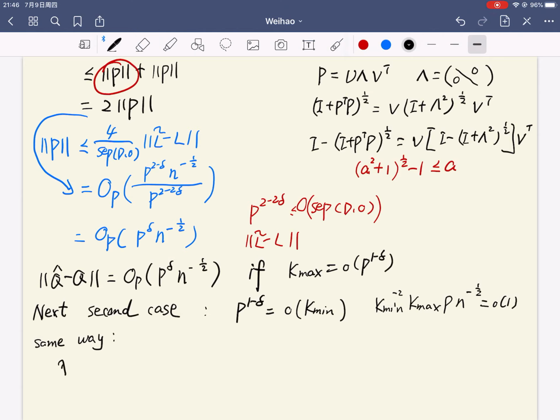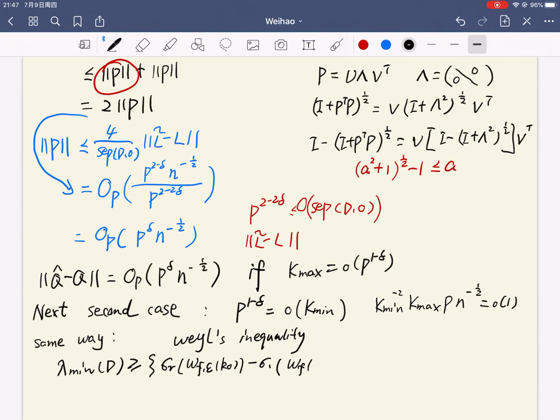First, we apply the Weyl inequality. We can get, which is equal to